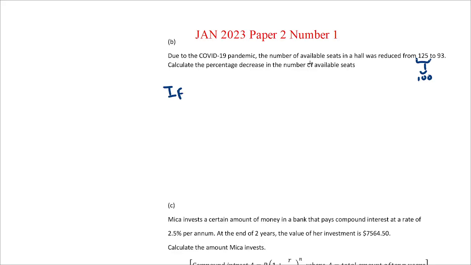So first of all, the amount decrease would be 125 minus 93, which is equal to 32. So if